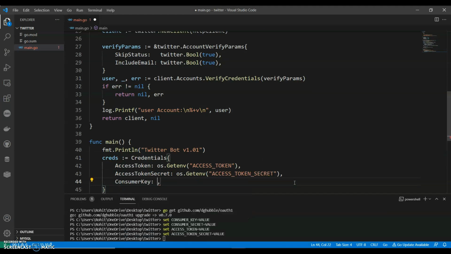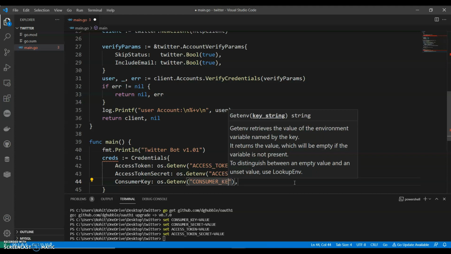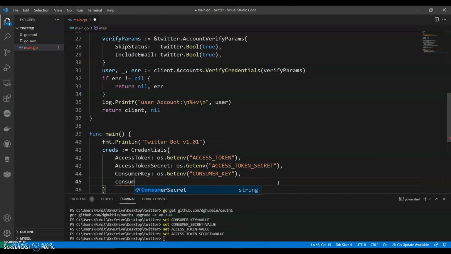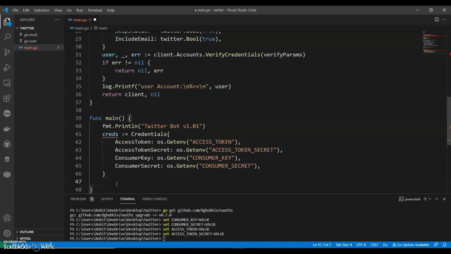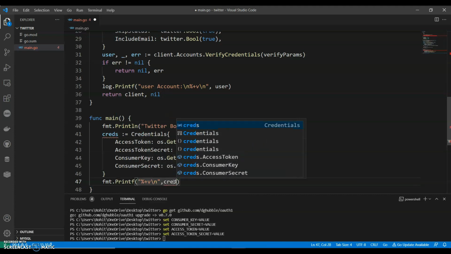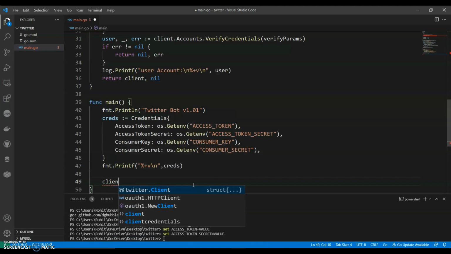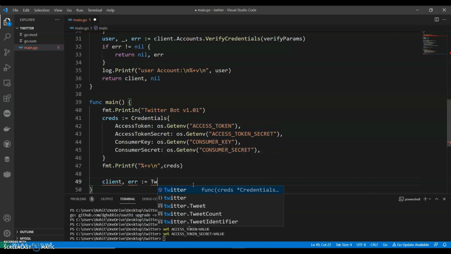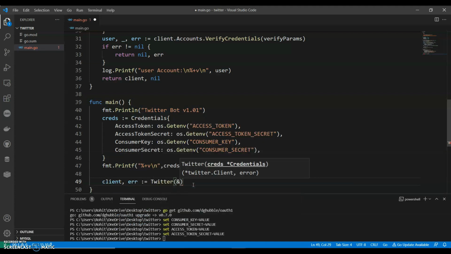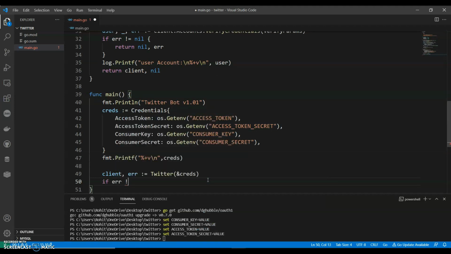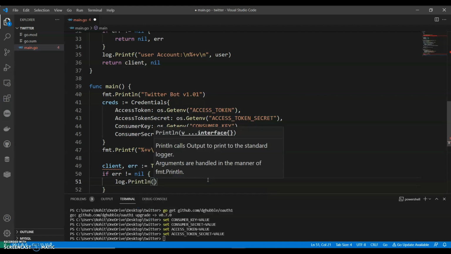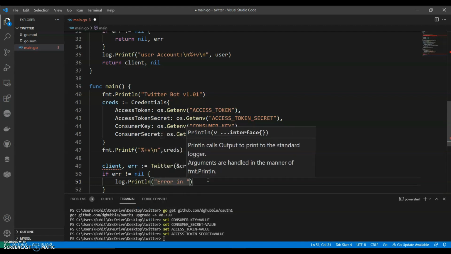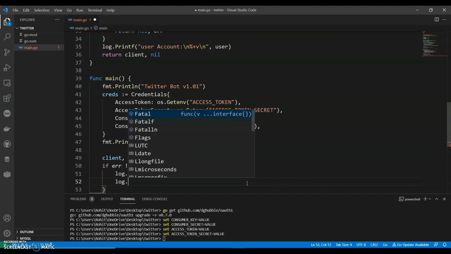And we have ConsumerKey, CONSUMER_KEY, ConsumerSecret, CONSUMER_SECRET, fmt.Printf creds. You can say client, err := getClient(creds). If err not equals to nil, log.Println error in Twitter client.